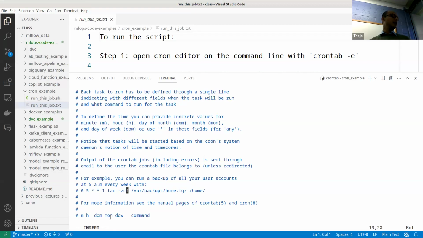So you can see that here 0 5 means the 0th minute of the 5th hour, so 5 a.m. Star means I'm not specifying which day of the month or month itself. So it's just every month, and every day of the month. And then 1 means which day of the week, the first day of the week. Maybe it's a Sunday or Monday, whatever the convention is here. So it's just saying every week, run it at 5 a.m., a backup job. Okay. So this backup location doesn't have to be just here, right? You can say backup to an S3 bucket or some cloud location so that you have a backup of your data.